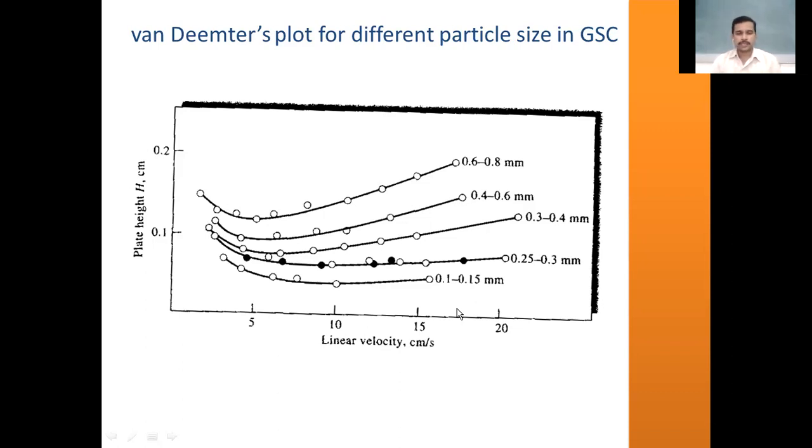Therefore, the conclusion is that as the mobile phase velocity is increased, there is a concomitant increase in the plate height. So you have to fix the optimum velocity for the mobile phase. It may be a liquid mobile phase or a gaseous mobile phase, or even a supercritical fluid mobile phase you will be using in supercritical fluid chromatography. You have to fix the proper stationary phase of appropriate particle size in order to achieve the required column efficiency. Column efficiency will be certainly maximum provided the band broadening is suppressed.